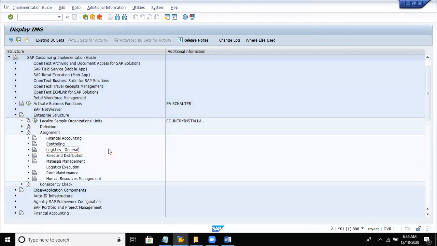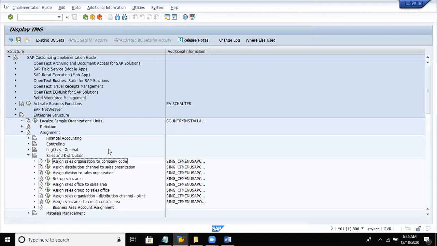Then sales and distribution. The next configuration, nothing but assignment, is assign sales organization to company code. You're going to assign sales organization to company code, and the T code for the same is OVX3. Menu path: SPRO, SAP reference IMG, enterprise structure, assignment, sales and distribution. Then we have assign sales organization to company code.